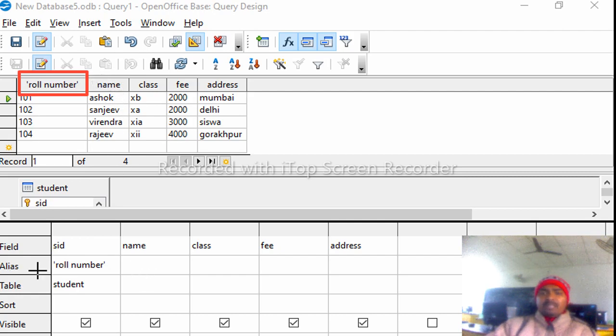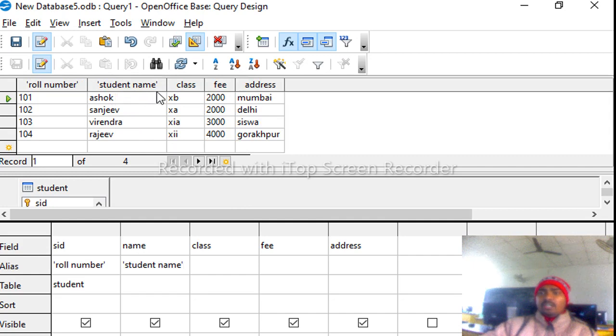Then simply place the cursor inside the name field and put a new alternate name like student name. Now run this command. We can see here student name, and as per your requirements put an alternate name for each and every field.